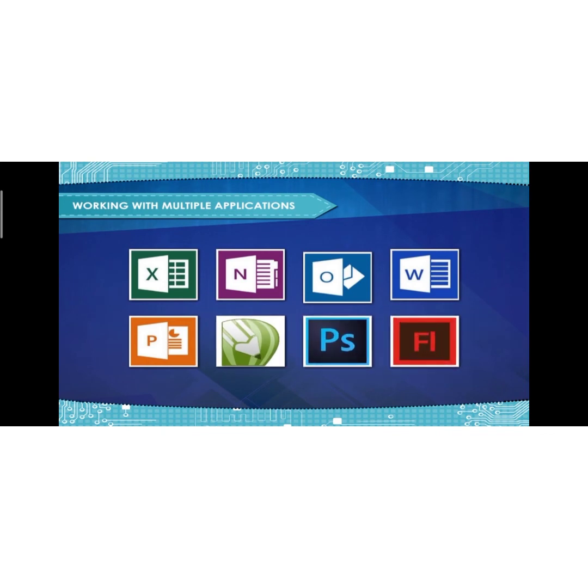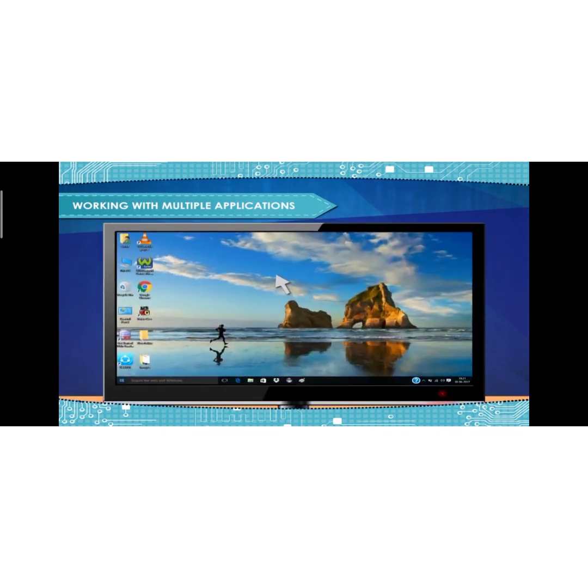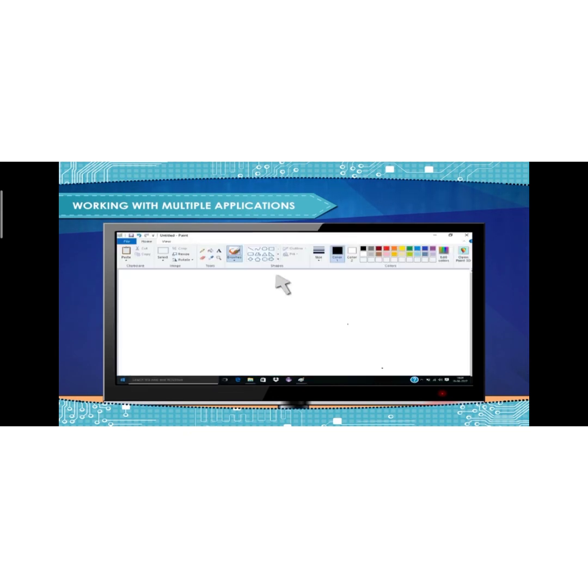Working with multiple applications. When it comes to managing multiple application windows, one of the most common tasks that you perform in the Windows operating system, Windows 10 really has it all. The new Task View virtual desktop feature makes it easy for you to spread out multiple applications.